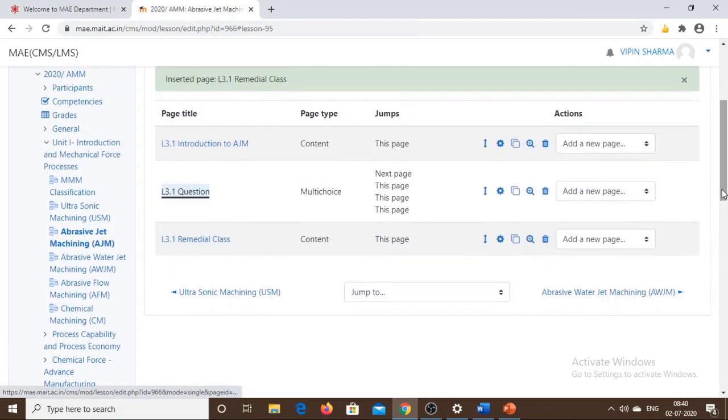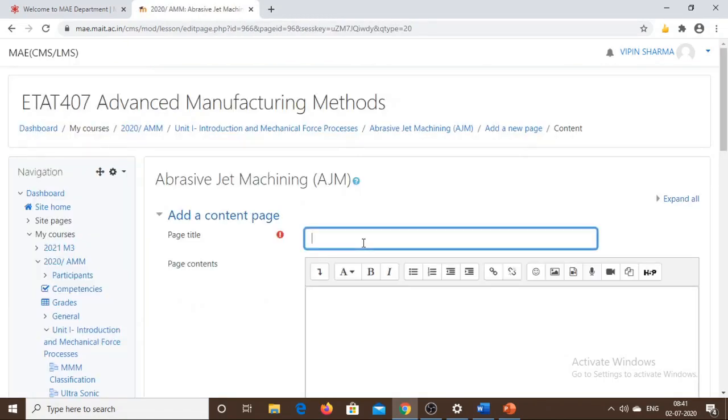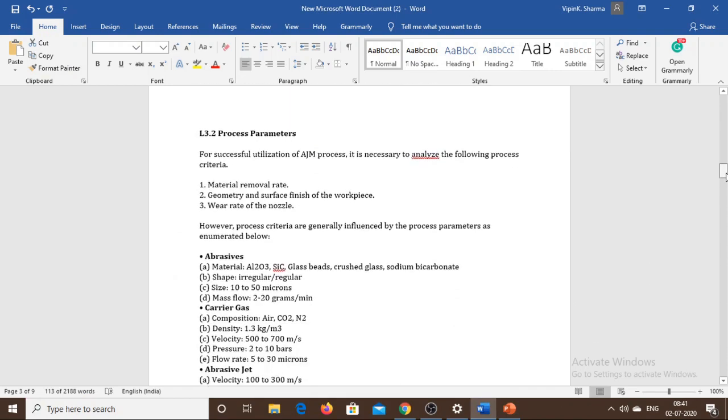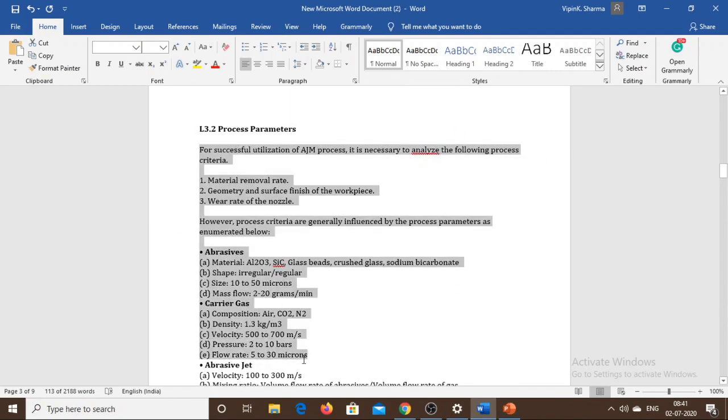Okay, so let me also add a content page for the second part of the lesson, which is 3.2, based on the process parameters. You need to just copy the content from here and paste it there.